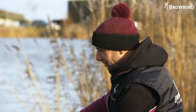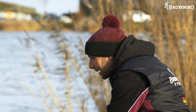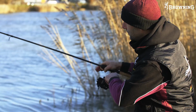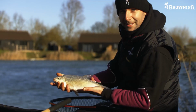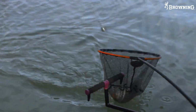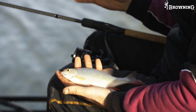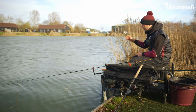In these windy conditions, the short feeder can be better for the stamp fish, for the skimmers, the bigger roach, because you can present a static bait in a nice tight area. Like I said, we're getting bites most puttings now. Saying that, Bob's just hooked a good fish, so it's just a case of getting into a rhythm, putting the feeder down the same hole, building your peg up, and like I said, hopefully them skimmers will move in, and